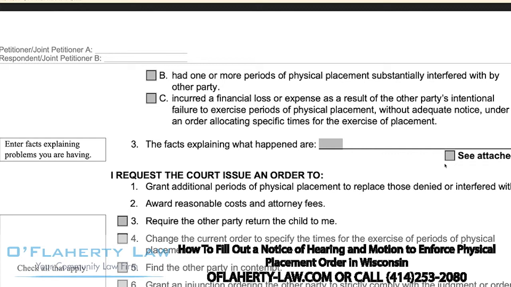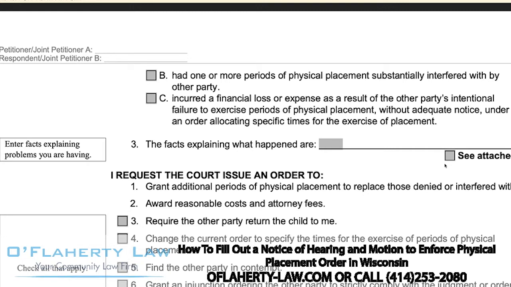It's very important when you're writing these explanations not to wander, not to sit and personally attack the other party, even though it's tremendously tempting. Stick to the facts. They were supposed to drop the children off at 5 p.m. on Wednesday. They didn't show up. You called them, you texted them, they didn't answer. You're frantic, you're wondering if something has happened, that kind of thing. And additionally, not only do you need a well thought out and well worded